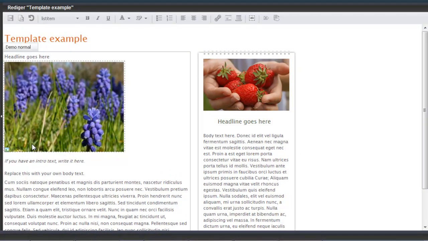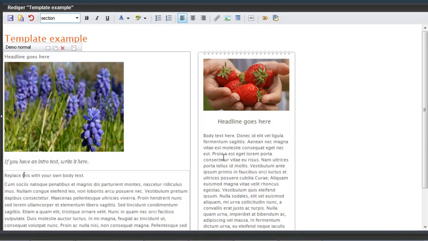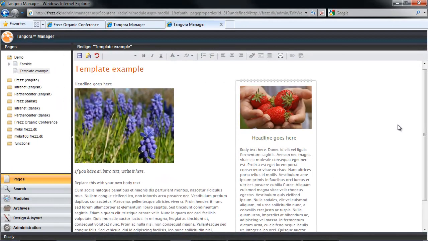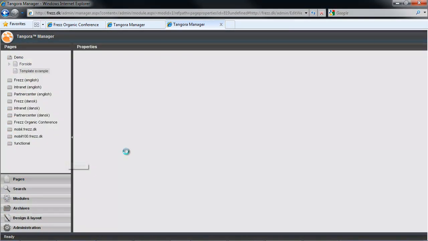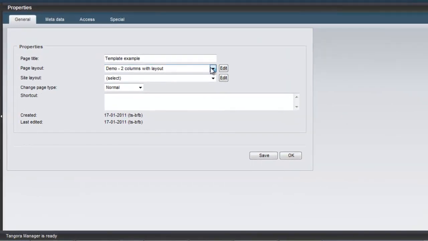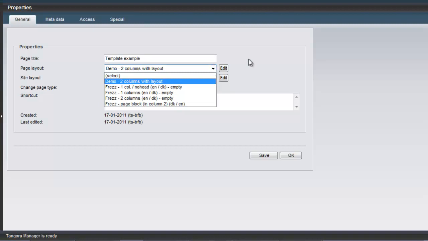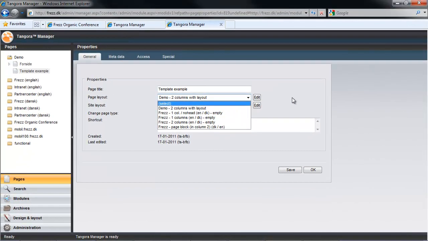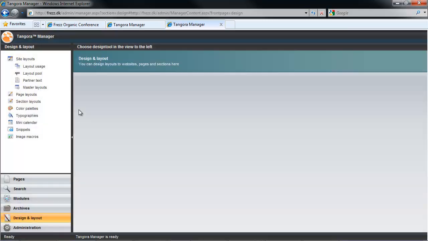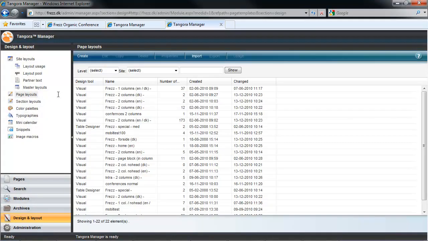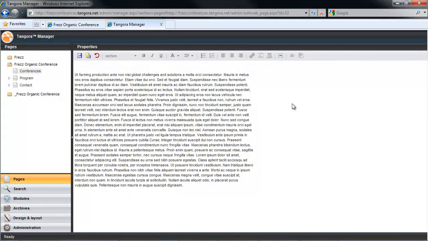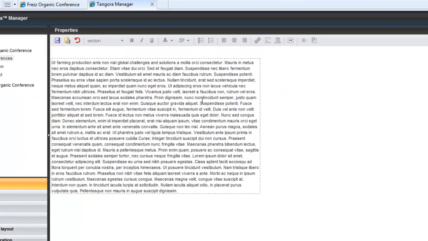Now, the difference here is that there are placeholders for all sorts of dummy content, for images, intro text, etc., displayed in two columns. These templates that control the default content of a brand new page, you'll be interested to know, are controlled via page layouts. And again, depending on your setup, you'll be able to rely on the default layout, choose among varying options according to your need, or even create your own page layouts with our easy-to-use layout tool, Visual Designer. But now, with that background information in place, I'm going to return to our more humble page example and get back to the current topic, which is editing text on a page.